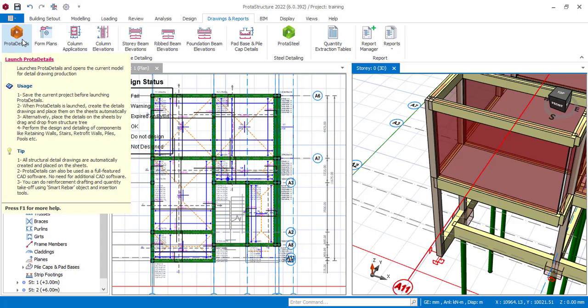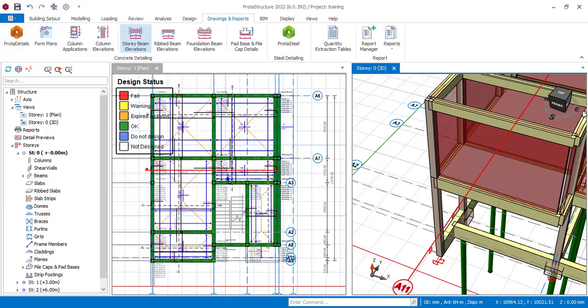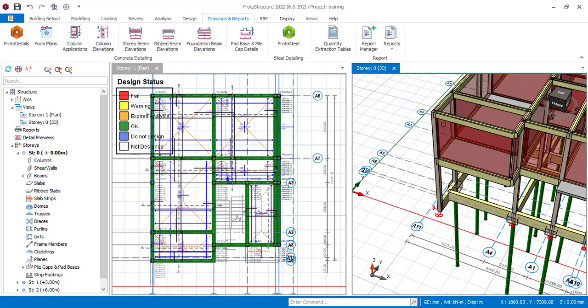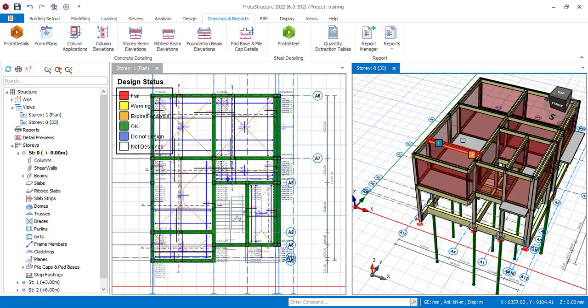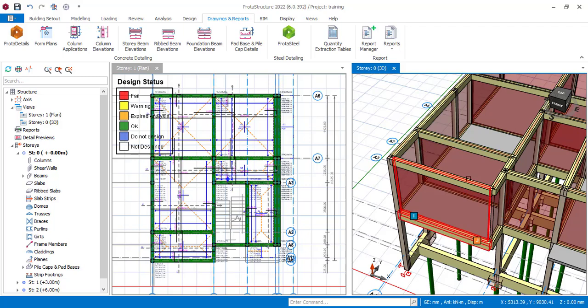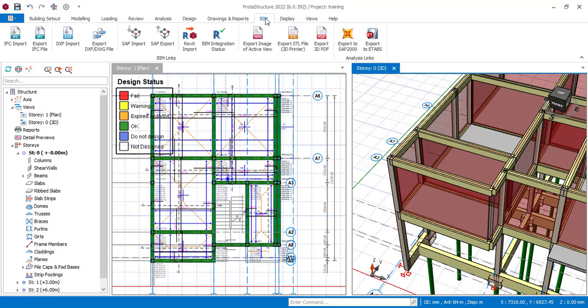However, you can view some of your detail or all your detail drawings right here in the Prota structure without going to the Prota detail, but you cannot do any editing on those detailed drawings. You have to take them to your Prota detail. Okay, and then as this model is, we can view the 3D reinforcement on this. So let's say we come to our BIM